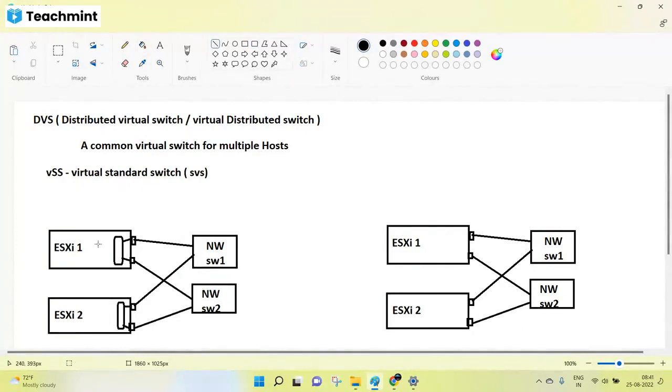Okay. And we create a port group on top of the virtual switch for communication. So we'll use these tunnels to send and receive the traffic. Now here the requirement or the question is,